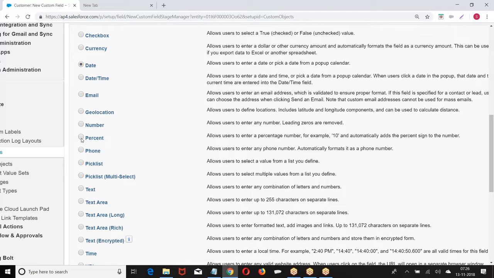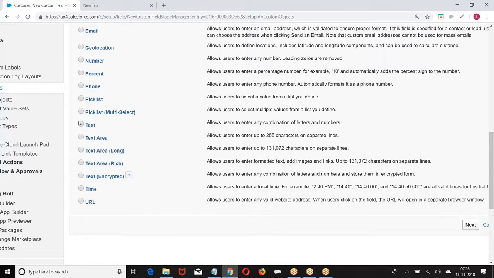Phone number. If you want to store a phone number, we'll go with the data type phone. Generally in Salesforce, a phone number is considered a string because we use 040 hyphen or +91 or 040 within brackets. That's why it is a string. Right. Then we'll discuss picklist once again.